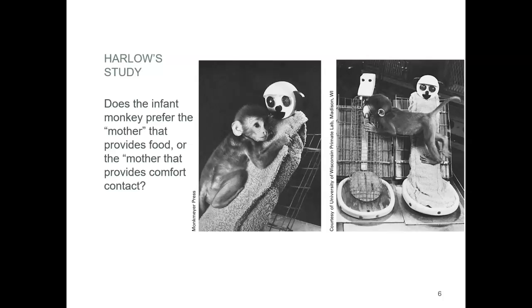So as you saw in the video, Harlow was working with baby rhesus monkeys, and he had 2 mothers. Both of them were made out of chicken wire and these weird little toy things for faces. One of the chicken wires was wrapped in terry cloth and the other was not. Now both provided milk through a bottle. Because Harlow is testing, is it the meeting of basic needs like food that facilitates attachment, or is it comfort contact?